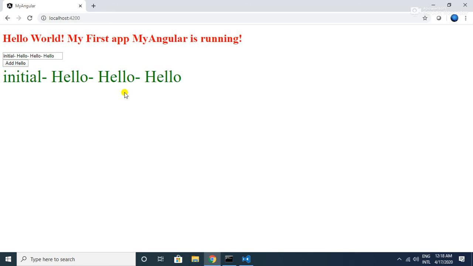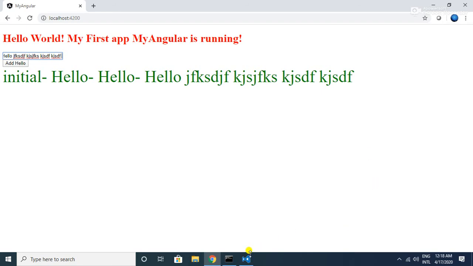So here what we are doing is we are updating the variable content from the code, or from the component.ts file, and it is also being reflected to the browser in the input tag. Even after this, if I change some content in the input tag as the user, it is being reflected back to our label. So this is called two-way binding.